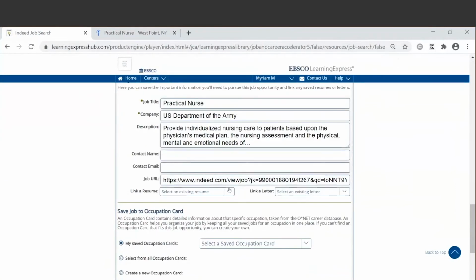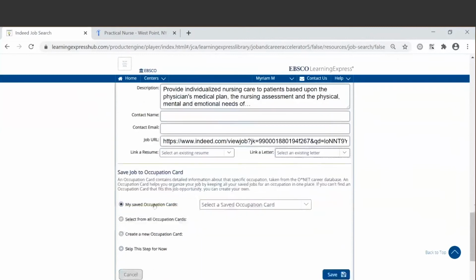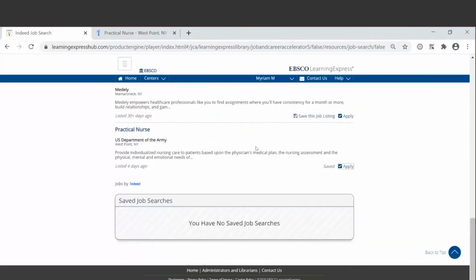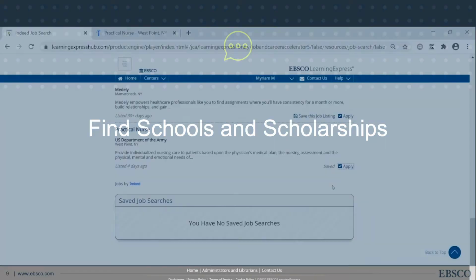If they would like to link their resume right now, they can do so as well. You can link it to an occupation card that you have saved, all occupation cards, create a new occupation card, or you can skip that, you don't have to link it. And then once you save it, it is saved under your My Center dashboard. So when you're ready to apply for it, you can do so.